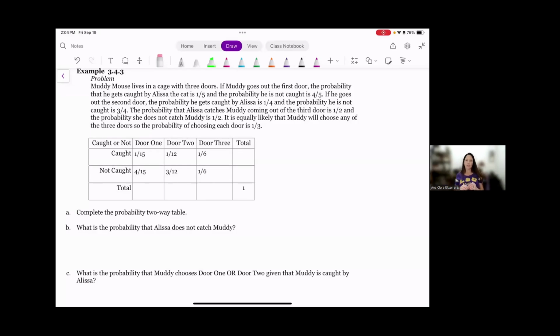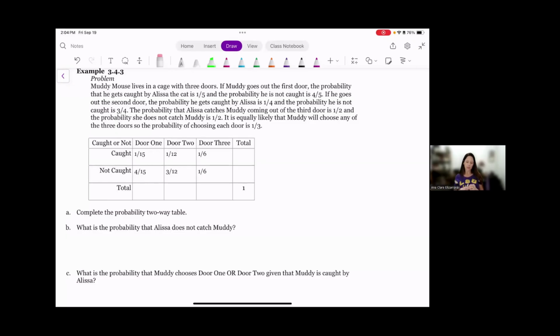We're focusing on statistics today. We are doing more conditional probability, more intersections, more unions, but this time with a two-way table or contingency table. We're going to be using some fractions here, and conditional probabilities are given to us, and we need to fill in the table. So Muddy Mouse lives in a cage with 3 doors,